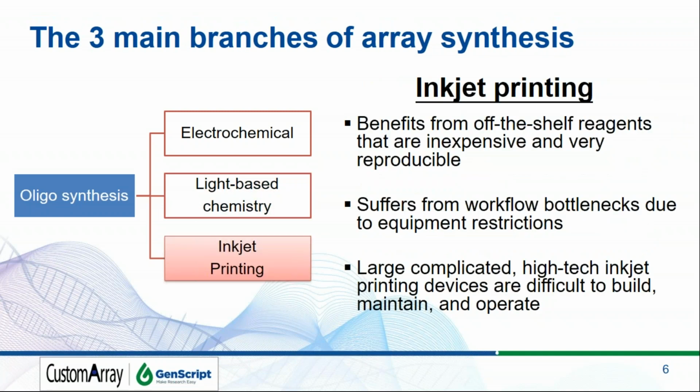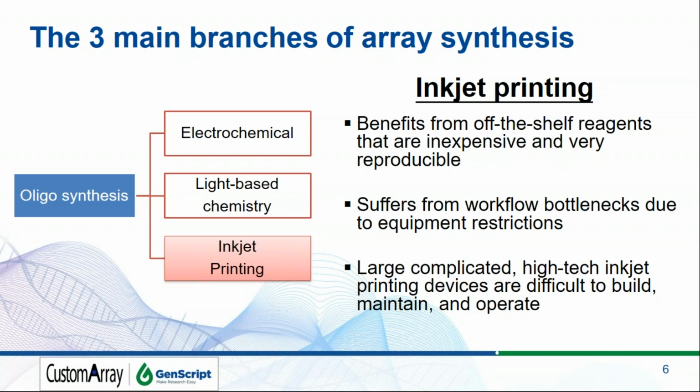There's also inkjet printing. That's another method. Basically, inkjet printing is exactly what it sounds like. You use a very sophisticated inkjet printer, but instead of printing your standard inks to print a document, you print reagents, and by controlling where these reagents are placed on a planar surface, you can localize the chemistry to just those areas. This has some pretty good advantages in that you can use off-the-shelf reagents, but it also has some disadvantages